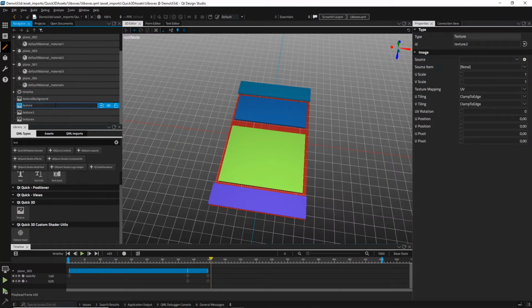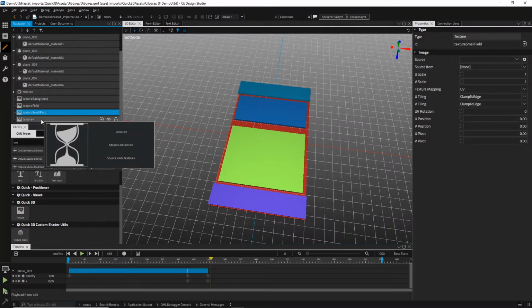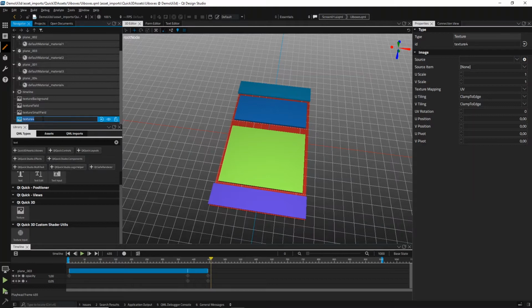Yeah, texture background, that's one. Field, that's a big field. And I can check in the 3D view what is what, right? That's important. And now create one with the last one. And then with copy and paste, I will create another one. Give it a good name. Yeah, those textures currently are not hooked up. That's what I will do after this. So now, after I renamed the last one,